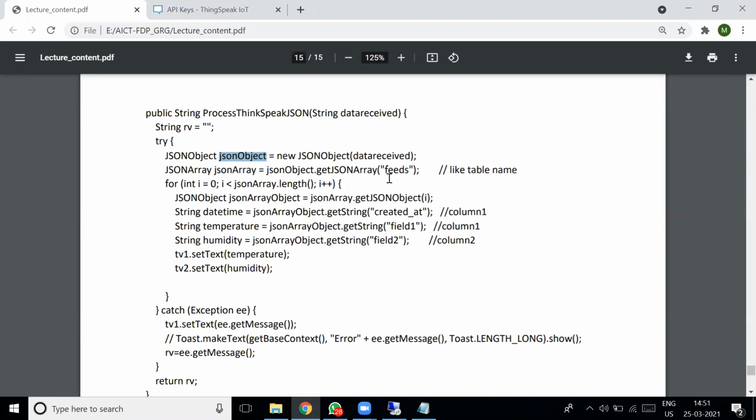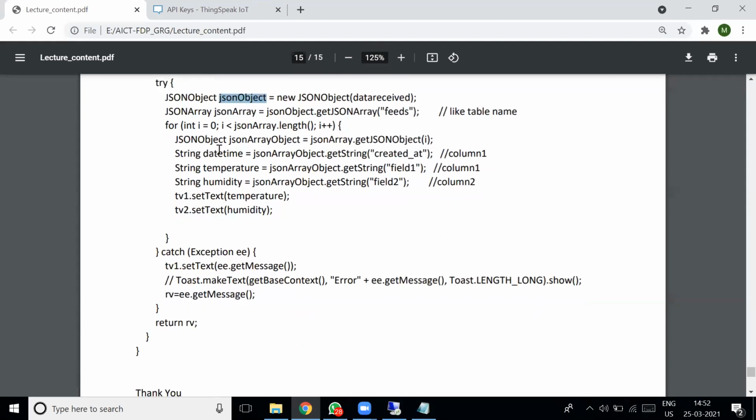Then that JSON object is converted to a JSON array, because we want data from feeds only. Before feeds, the data contains only the header of the JSON object, and we want the data from feeds. So from the JSON object, we convert to JSON arrays, and each array element contains one record. From the JSON array, we get each JSON object, and in that object we pass the parameter.